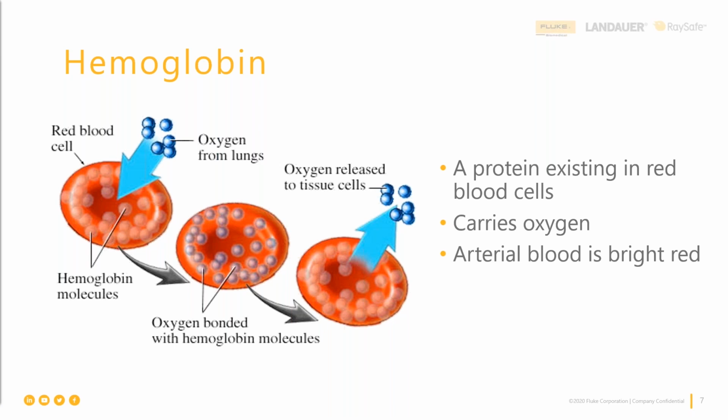A pulse oximeter measures the percentage of hemoglobin in arterial blood that is oxygenated. So pulse oximetry is a very important measurement for patients, and it gives a quick determination if patients are having trouble getting oxygen into their bloodstream. So if they do have trouble, it can be seen on the pulse oximeter, and it can be treated